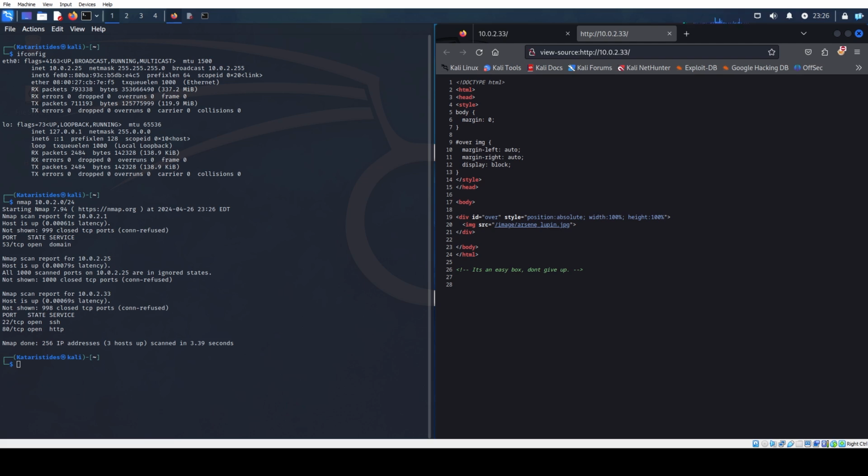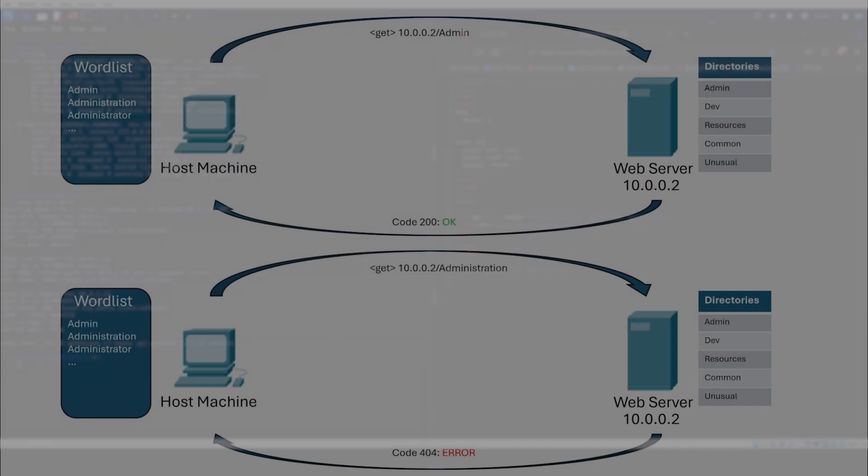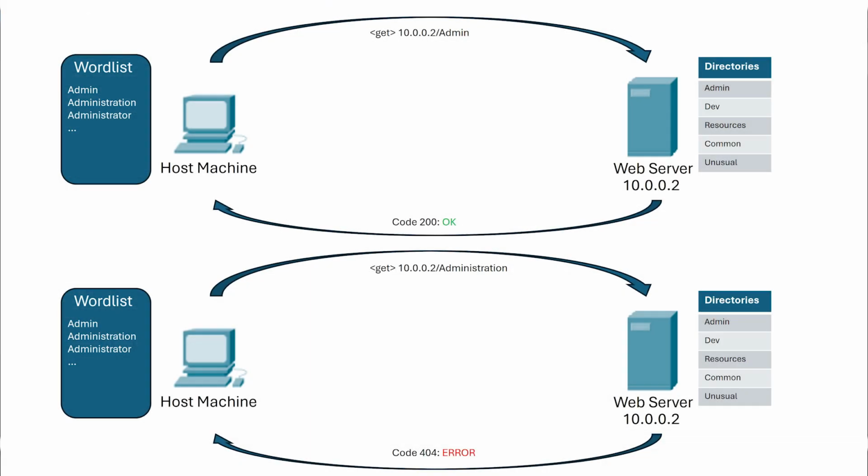At this stage, we haven't really got much to go on, so let's do some directory enumeration. The way directory enumeration works is we first specify a target. In our case, that is the target machine IP address of 10.0.2.33. We then find ourselves a word list which contains common directories and file names. Kali Linux comes preloaded with lots of these, and I will be using one named common.txt, which can be found at